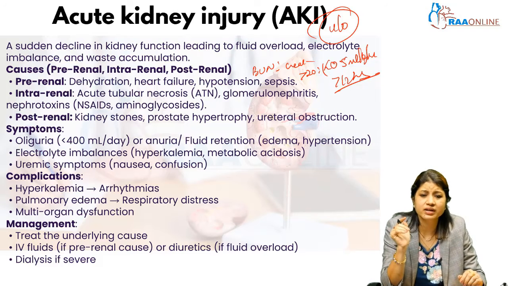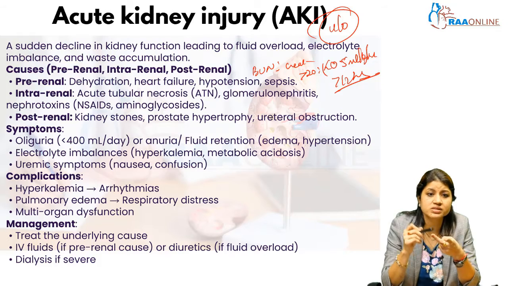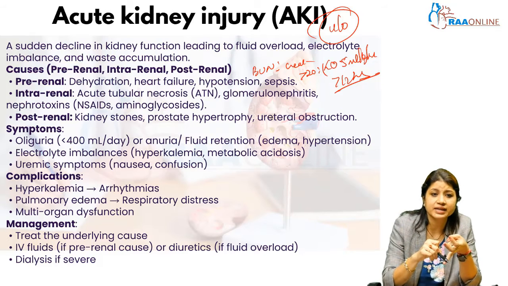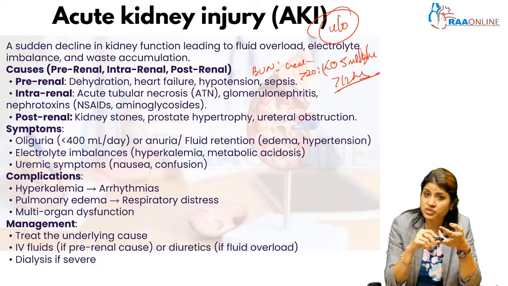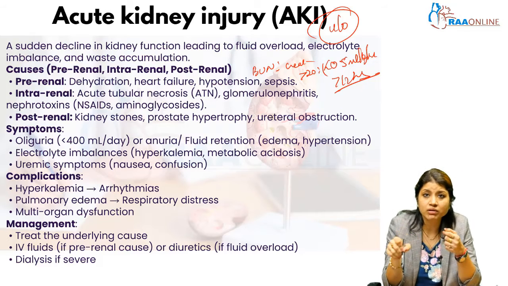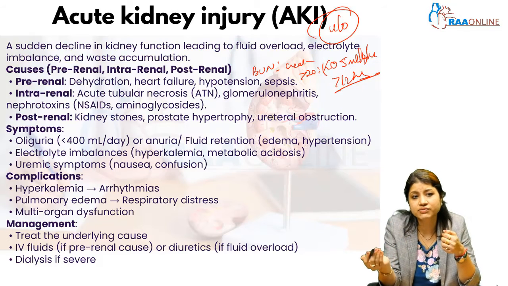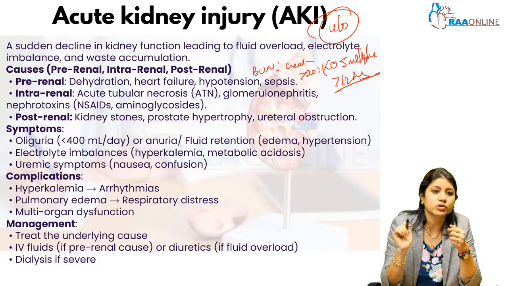When it comes to intrarenal AKI, it is mostly renal ischemia, acute tubular necrosis, or interstitial nephritis secondary to a lot of nephrotoxins which we use: aminoglycosides, or NSAIDs, or a simple pantoprazole which is responsible for interstitial nephritis, or amphotericin B, and also vancomycin. Almost every drug which we use can have a small amount of nephrotoxicity.